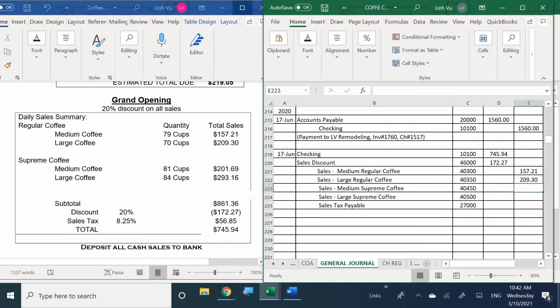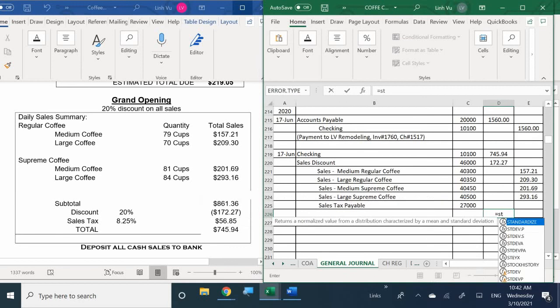Medium supreme coffee? 201.69. And large supreme coffee? 293.16. Okay, so again, rule of thumb, because we're using so many numbers now, let's go ahead and equal sum